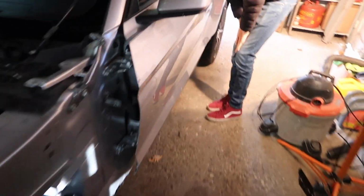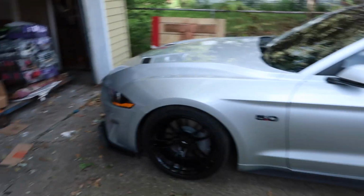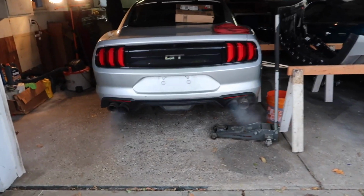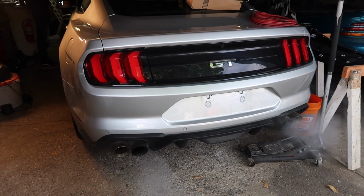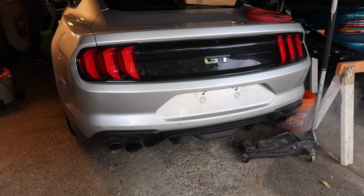Hey, Ken, is this barbecue chick? Well, that's really hard to tell since it had a weird tick and it was ungodly loud. Well, excuse the hole in the valve cover. But aside from that. Okay. So,